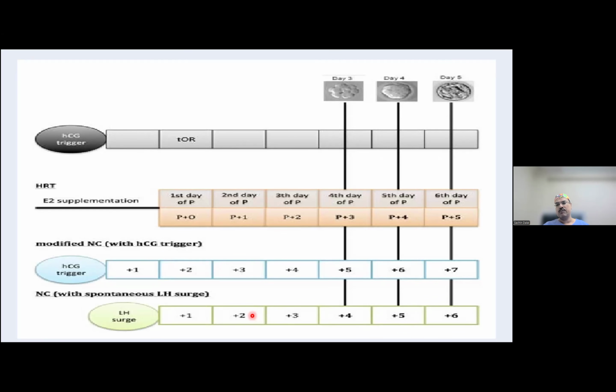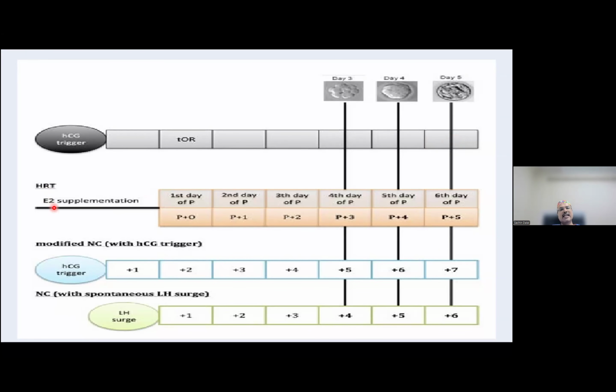How many hours of progesterone or how many days of progesterone are to be given in which cycles? So if you are giving an HCG trigger for a letrozole cycle, presume that you give an HCG trigger tonight. This is theoretical oocyte retrieval. Start progesterone day 1, day 2, day 3, and on day 4 do the day 3 transfer. On day 5 do the morula or day 4 transfer, and on day 6 will be the day 5 transfer. I don't count in hours since we are doing a letrozole cycle. Usually we follow 11 p.m., 11 a.m., and it becomes very convenient for the center as well.